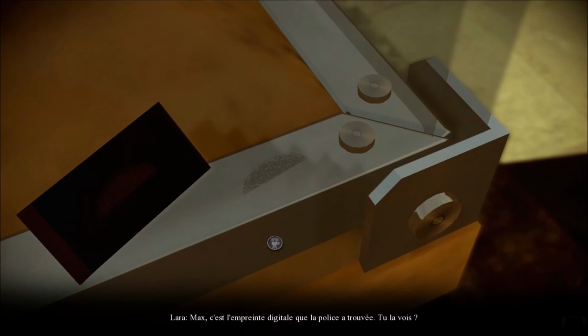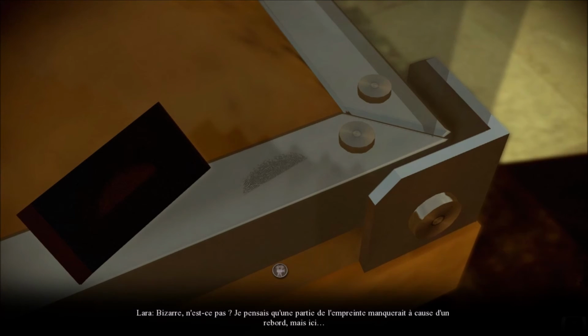Max, it's the fingerprint the police found. Do you see that? Do you mean the way it's cut? Weird, isn't it? I'd expect a part of the print to be missing if it was on some edge, but here...